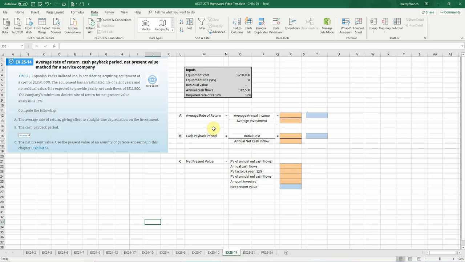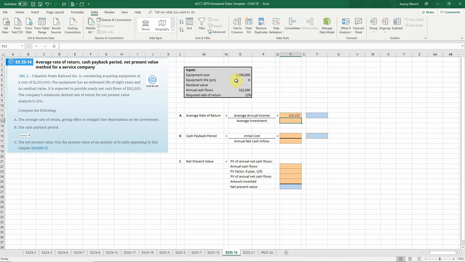So we're going to have our average annual income. So that's going to be our cash flows of $312,500, and we're going to subtract out our costs, which in this case is just the depreciation. So that's going to be our investment divided by our useful life, no residual value. All right, so we're going to have average annual income of